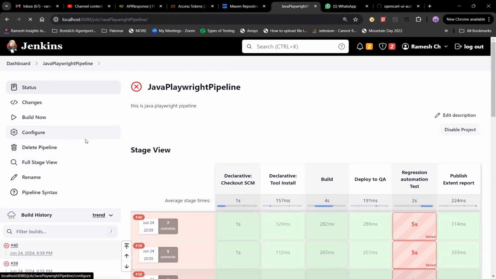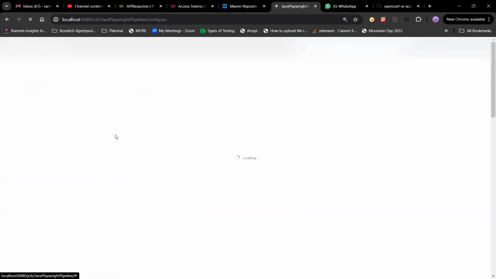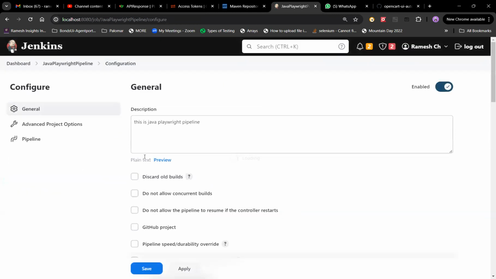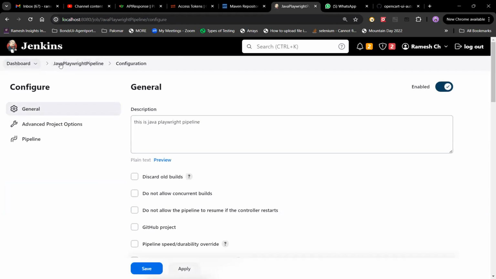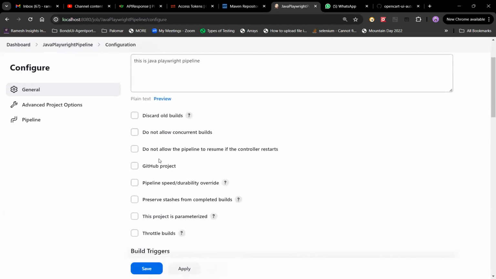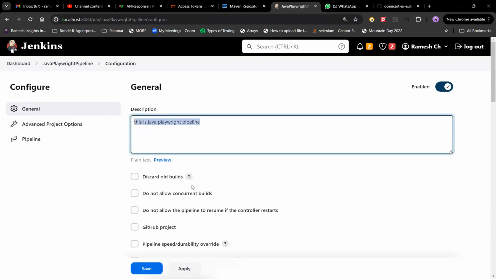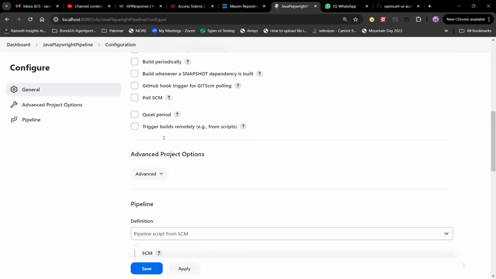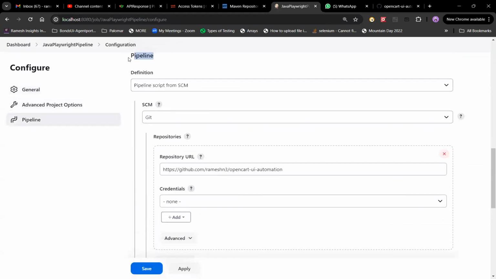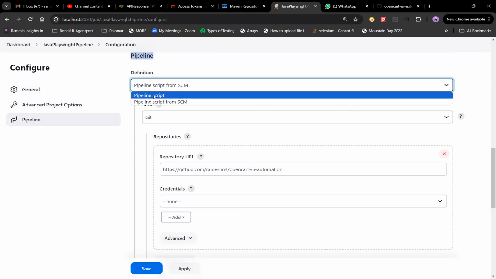In the job, you have to create a job. Generally, you have to create a job, right? When you create a job, you will get all this. You don't need to do anything. Just give some description, and you don't need to do anything here. Just directly come to the pipeline area. In the pipeline, there are two options. One is pipeline script